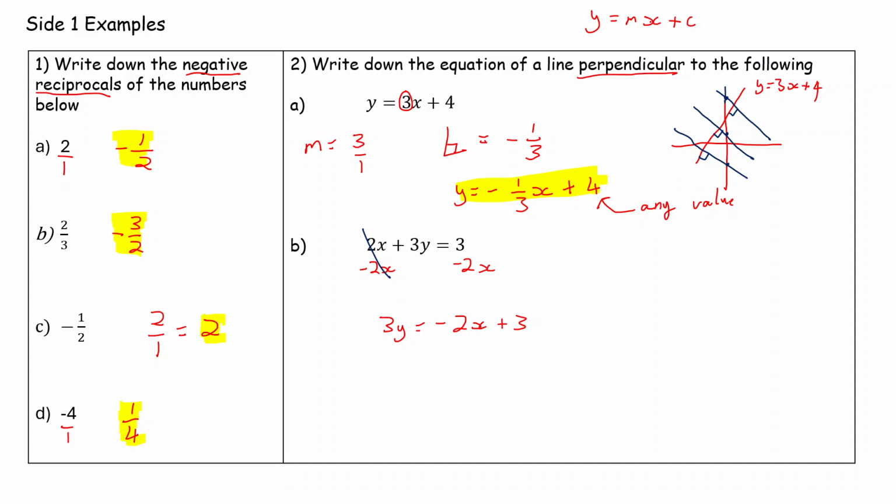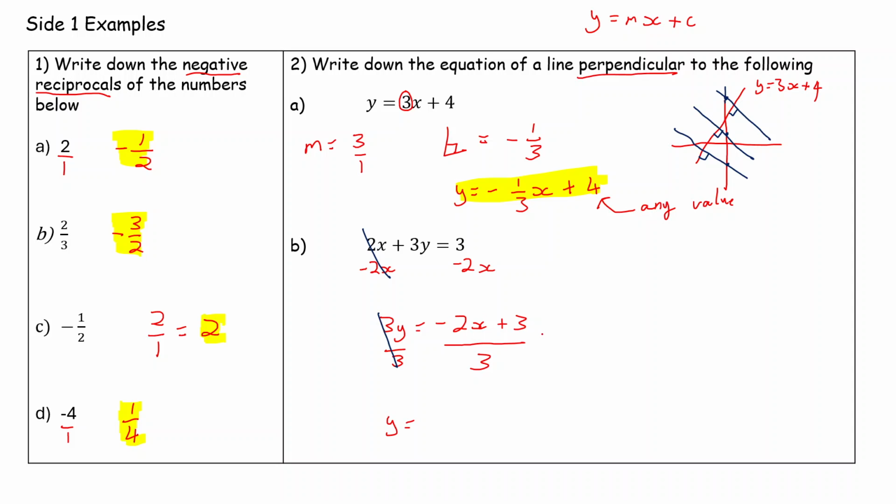You know, I've got the x part first, which is useful. I could have written it as 3 minus 2x, but this is a little bit nicer. I've then got 3y. To get y on its own, I've got to go and divide through both sides by 3 and divide everything there by 3. Which then means that these 3's here are going to cancel, and I get y is equal to